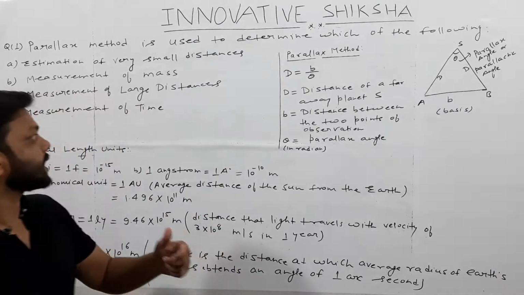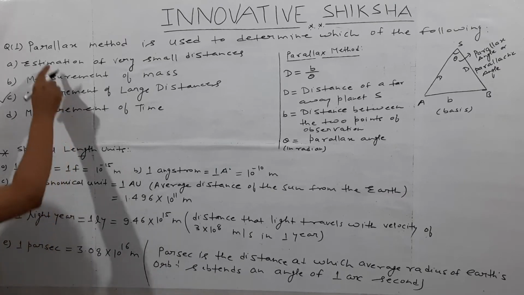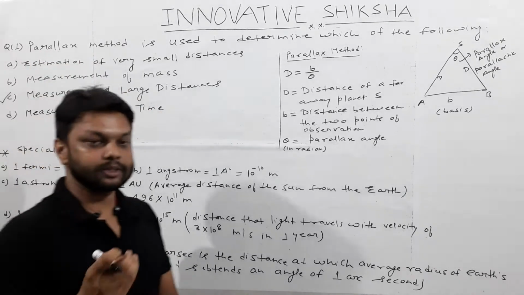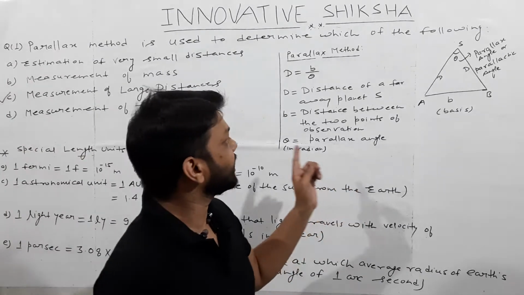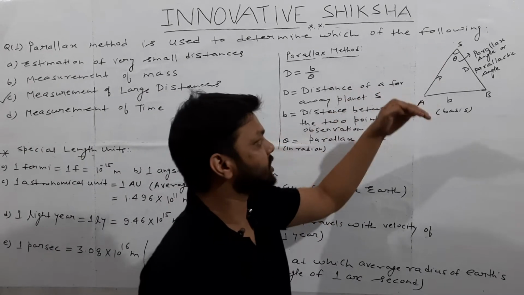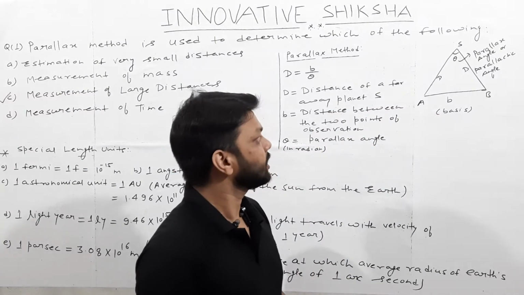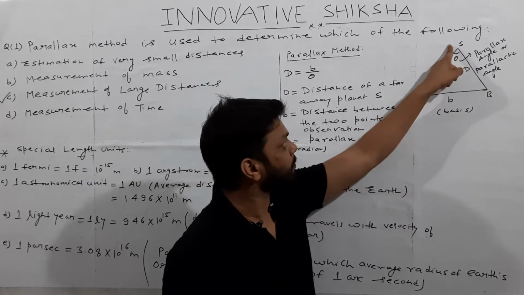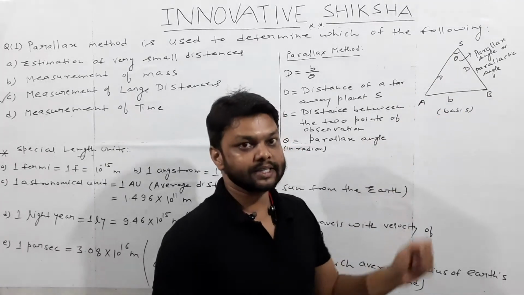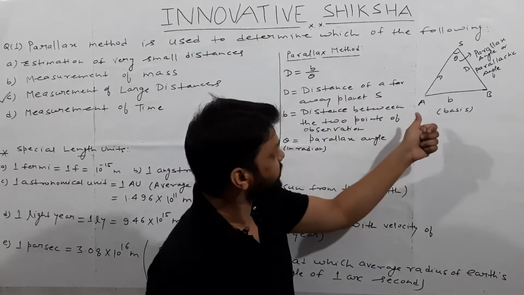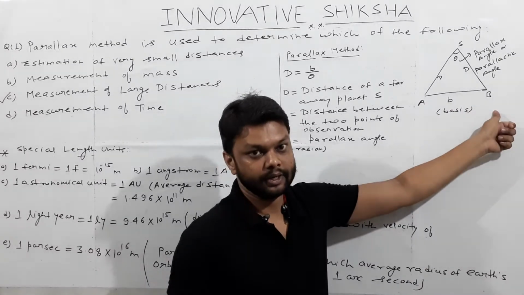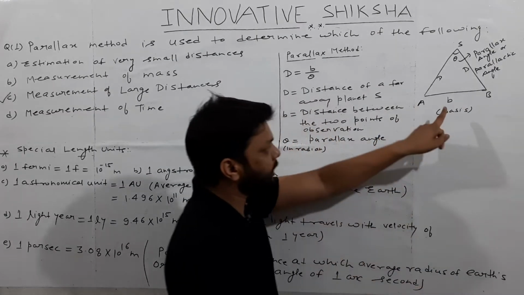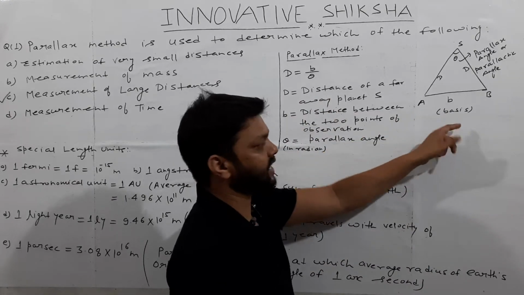Basically, as I have already told you, we are going to use the parallax method for measurement of large distances. Let us suppose we have to measure a distant planet S, which is very far away from us, right? What we have to do is take the observation of this particular planet from these 2 points. Let us suppose we are taking the observation from point A and point B, right? The distance between point A and point B, we are denoting as small b, which is known as basis,